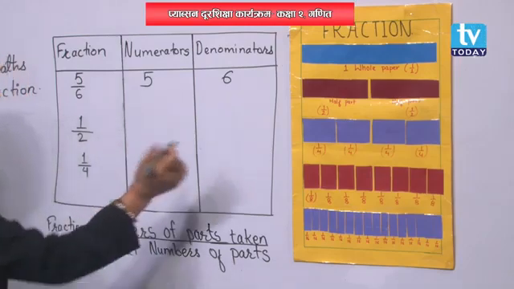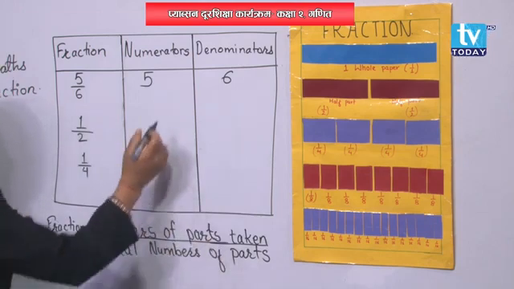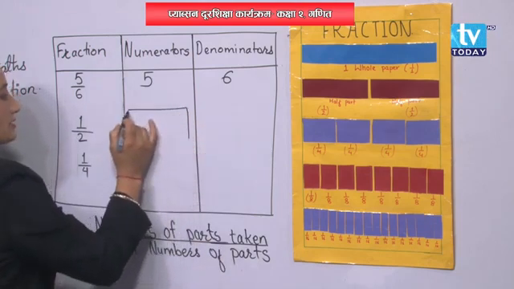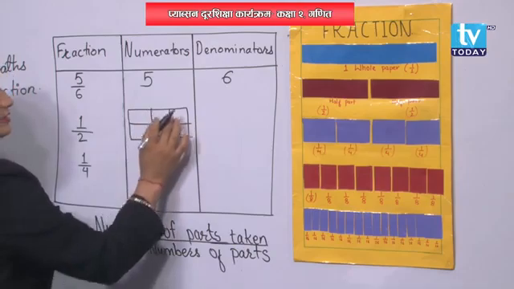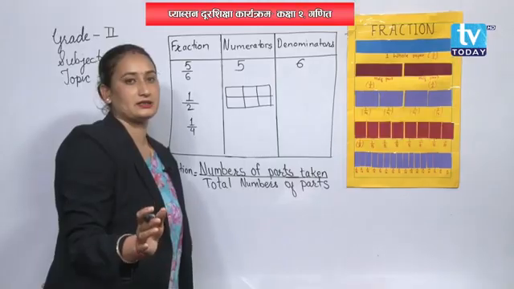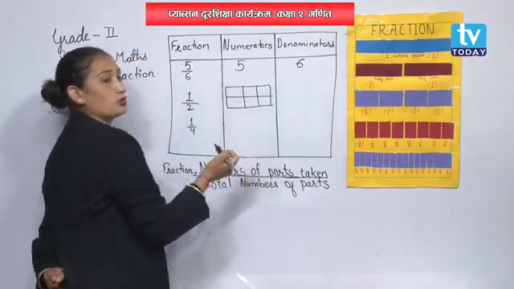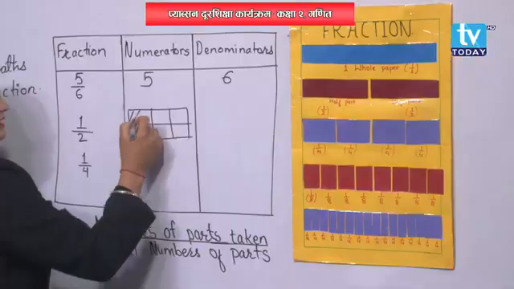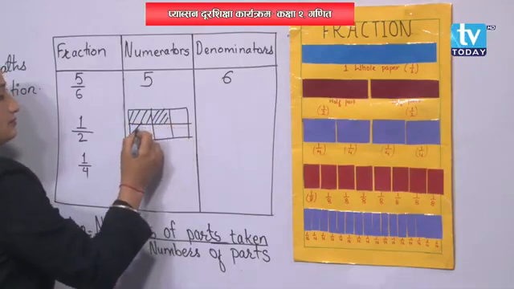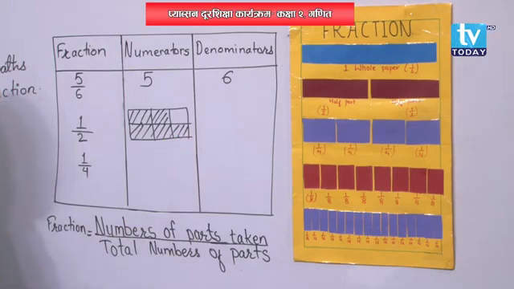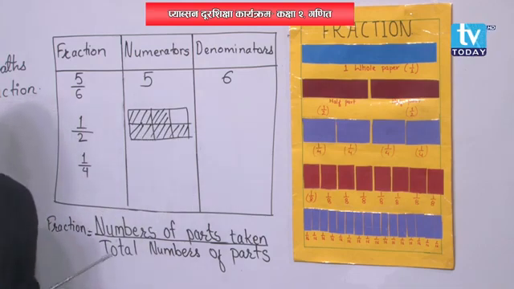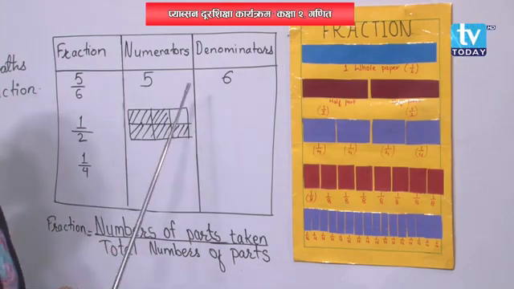Okay, the meaning is that, here are 6 boxes. You can see over here. Altogether there are 6 boxes, right? Out of 6 boxes, you are going to set 5 boxes. Can you set the 5 boxes? Have you noticed? Can you count it or not? See here, 1, 2, 3, 4, 5. So that means out of 6 boxes, 5 boxes are set, and 1 box is still left.